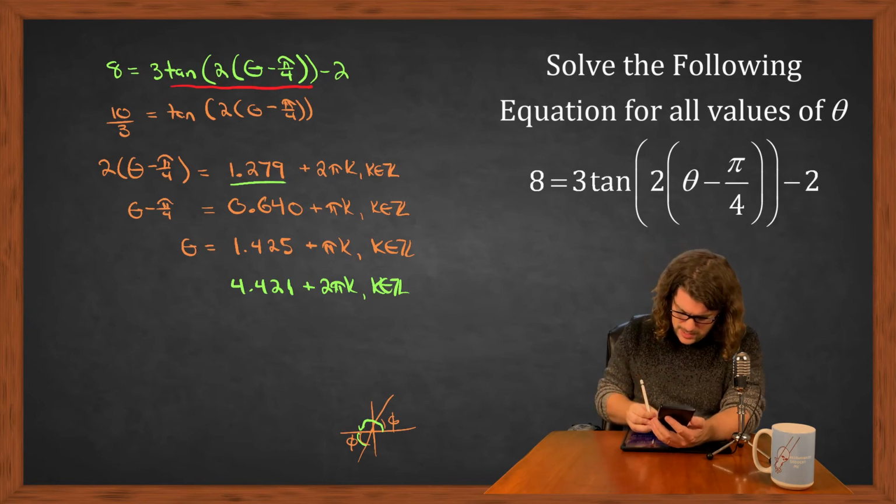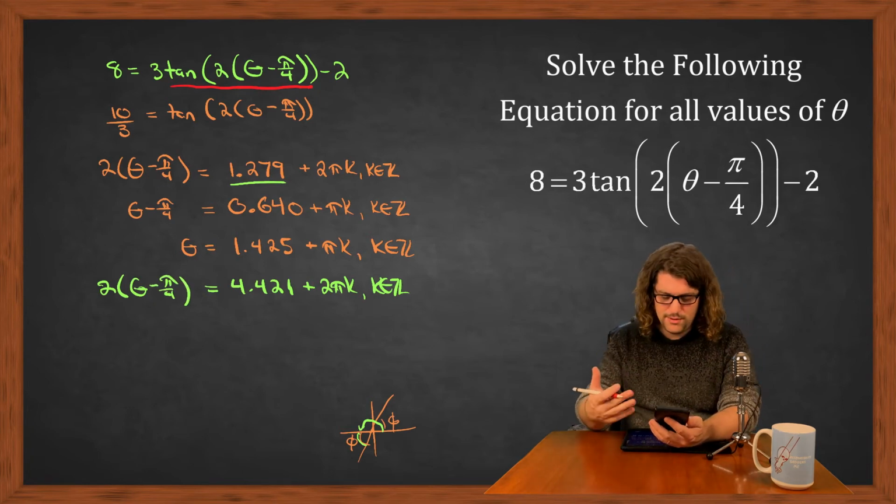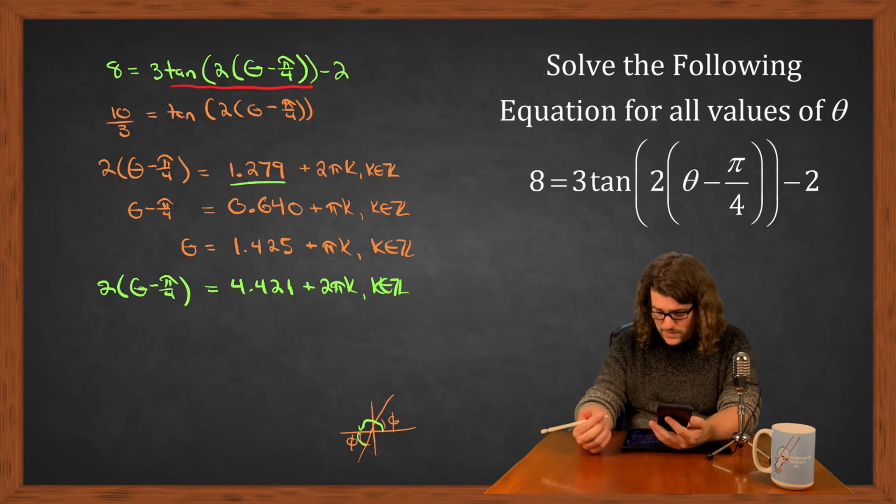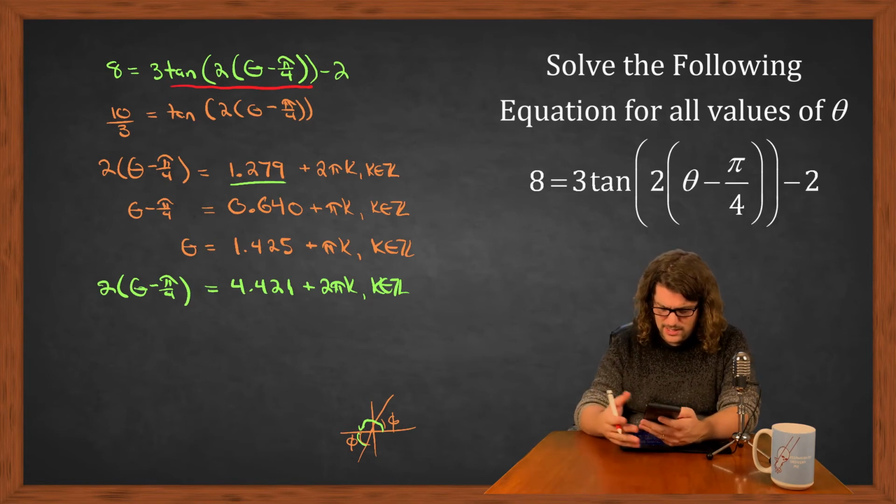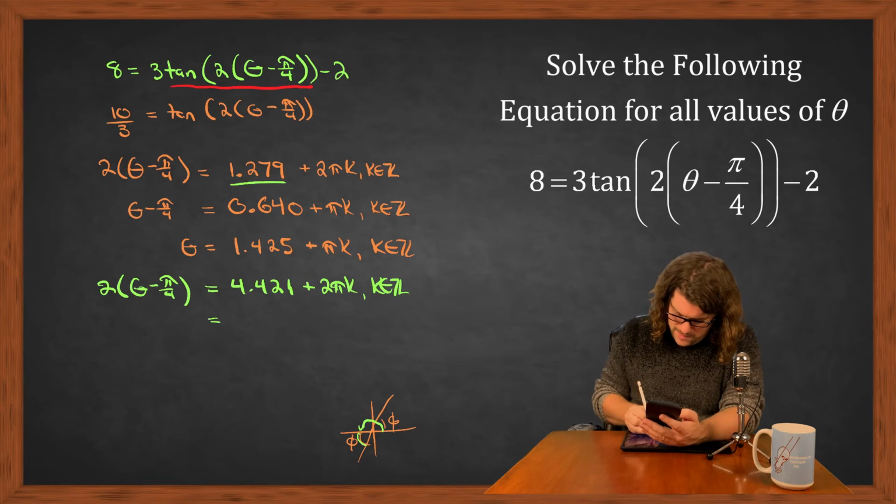And full rotations from that, as long as we are making sure there are full rotations and not partial ones. This is our second line of solutions, so it's the entire argument that is equal to this. So all of the 2 theta minus pi over 4. I'm going to do the exact same thing that we did last time. Since I took the rounded value, I'm also going to take the rounded value this time, divide both sides by 2, and we'll end up with